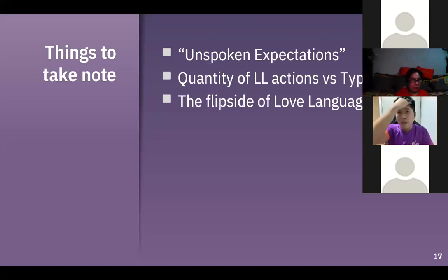For example, if your partner's love language is receiving gifts, and you are some kind of person, for example me, very cheapskate, who refuses to spend money and refuses to buy that gift, then one day you will start to hear things like, why is it that my friend's husband always buys them flowers? You see that receptionist girl downstairs, she received flowers from her boyfriend. Where's mine? These are all the expectations that come out in day-to-day conversation, which are mostly unspoken.